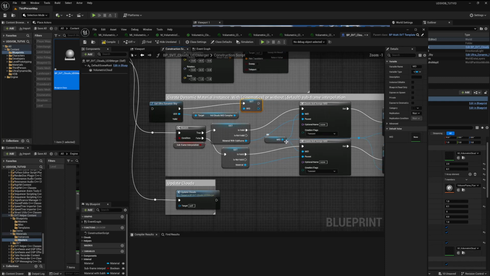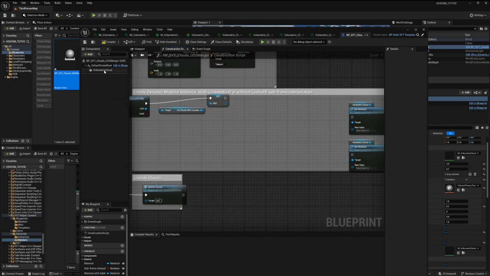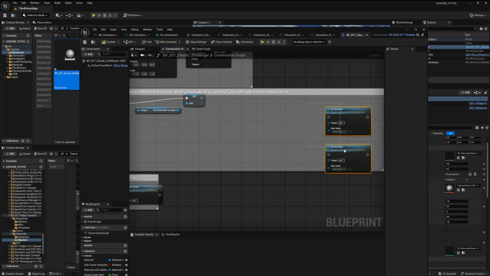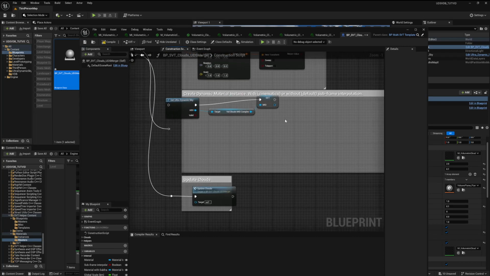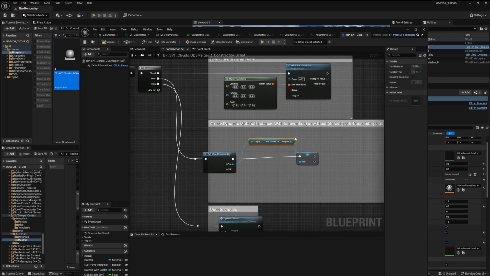And then you're not going to believe it, but we actually pretty much delete just all of this stuff here. And we're going to also delete the volumetric cloud out of the blueprint as well. You'll see that disappears there. And then we can delete all of that there. And then this just plugs into that. And that should be all we need. So if I compile this, and I save it,